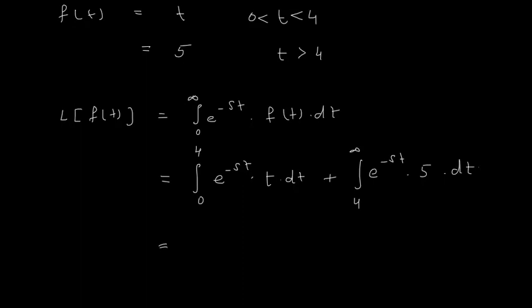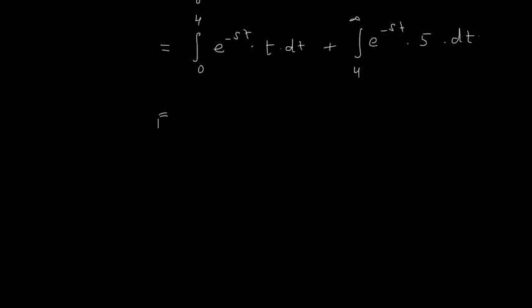Now for the first part, we are going to use integration by parts. In this chapter, you should know all the integration methods that you have learned in your standard 12th. If you have any doubt in integration, or if you are not good in integration, then I recommend that you first go and learn integration and then solve this chapter. Now here I will use integration by parts, you know, the u into v method. For that, the exponential part e raised to minus st always comes last, that is, we treat that as v.